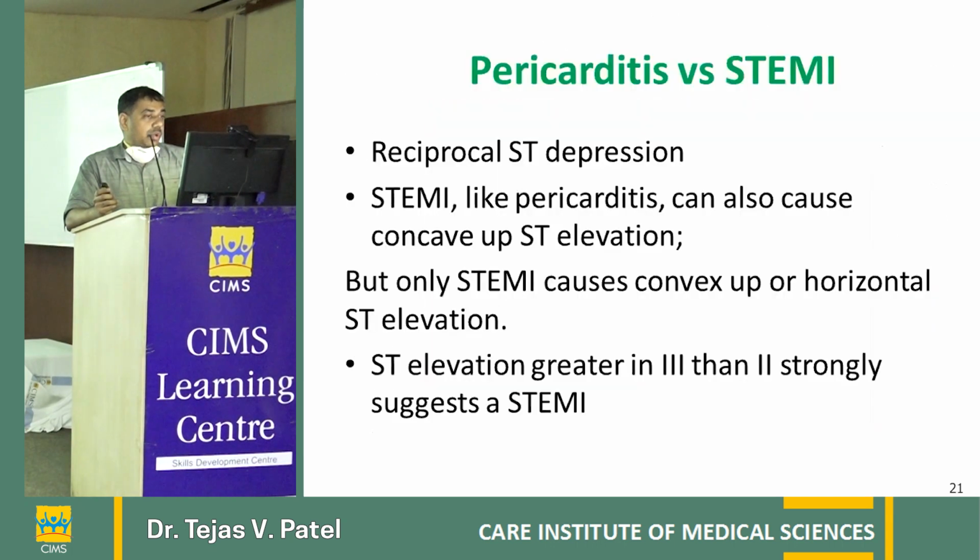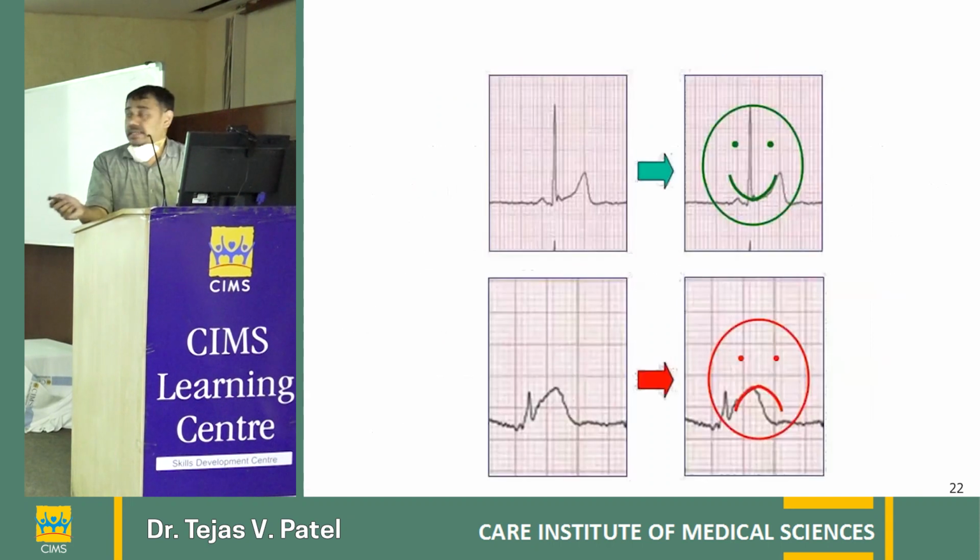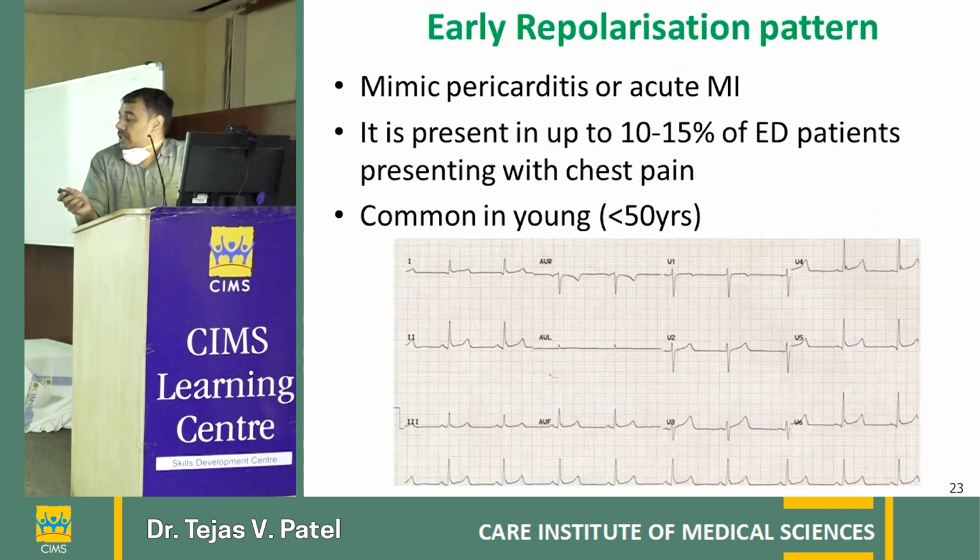So I will not go in detail about everything, but you can see it here. This is a ST elevation, sometimes J point elevation, which is called the Kodiak sign of acute pericarditis. And this is a convexity upward ST elevation. This is typical of acute coronary syndrome, ST elevation myocardial infarction. So this is a basic feature, but again, it is always better to rule out ACS with the troponin and echo and all the findings.